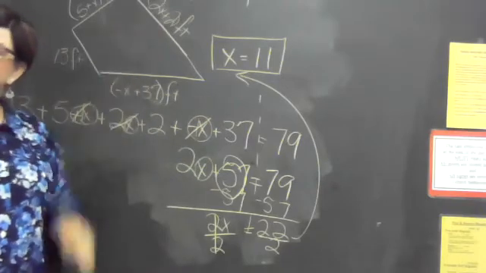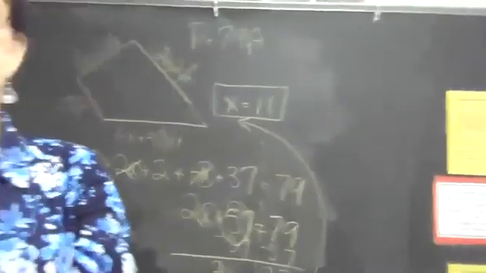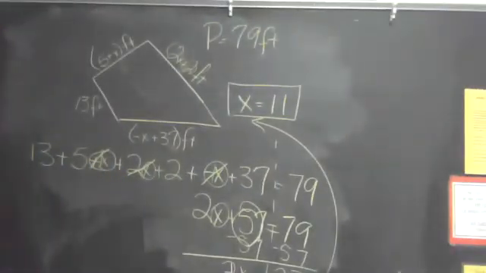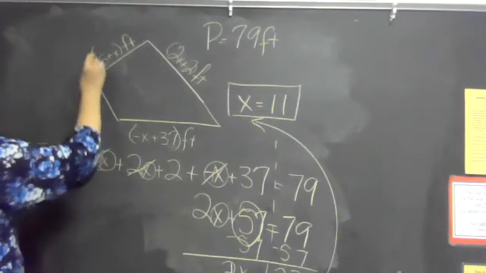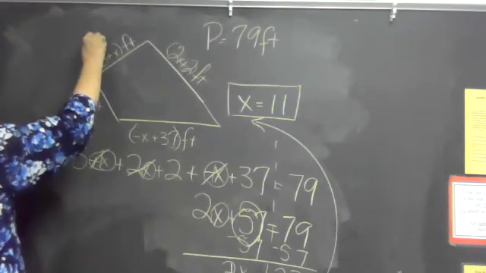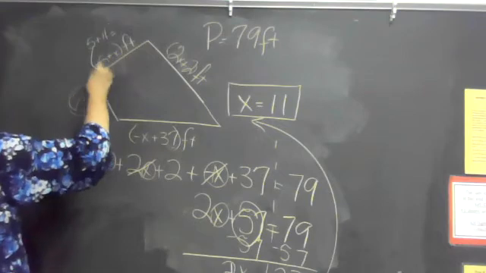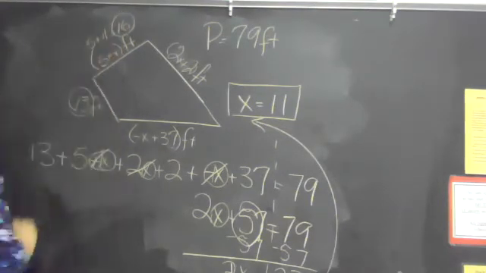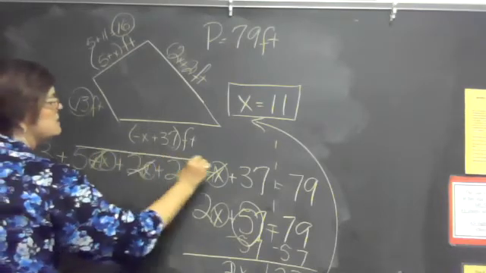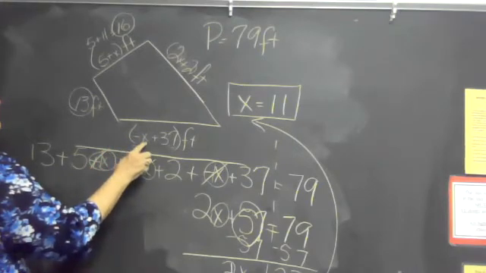Maybe find all the lengths of the sides too? We have to do that. So in order to find the length of the sides, we have to find out what x is first so we know what to plug in. 13 is okay. We've already got that. Up here, we have 5 plus, now what is x? X is 11. Okay. And so the length of this side will become 16. Now it's plus. Okay, down here, it says negative whatever x is. Negative 11